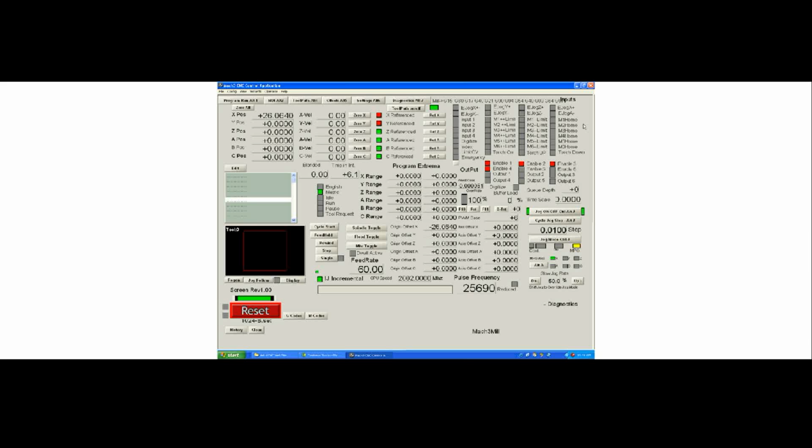This is probably the most important section up here that shows you the LEDs that you have, LEDs that represent the signals that you have connected to the system. You can see that they're all out on mine, and they should be. If I press a home switch, you'll see that the home switch light comes on, and if I release the home switch, it goes out. That's the normal operation of these LEDs. Typically, you'll have none of these on when the signals are not active and the program's in a normal runtime